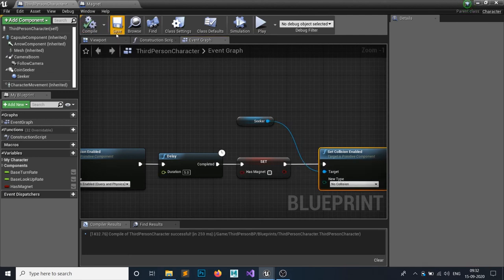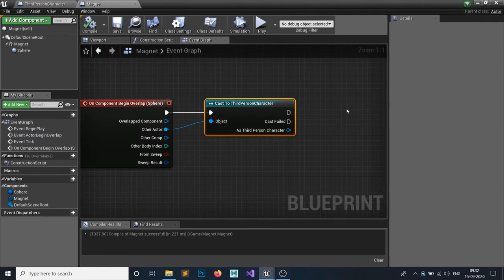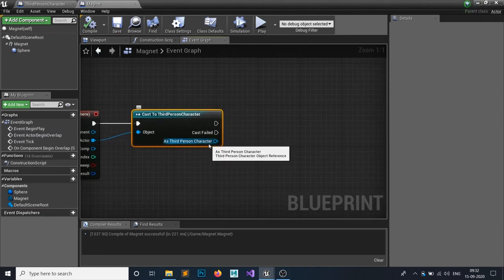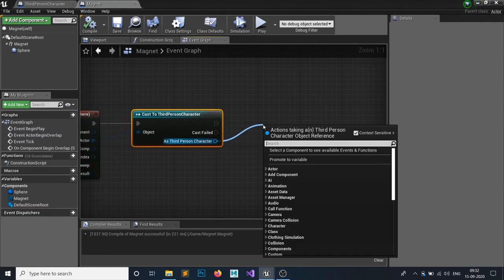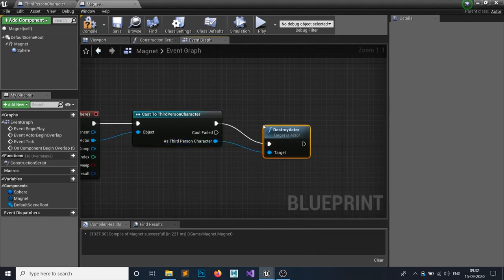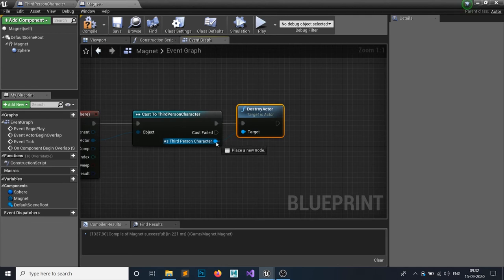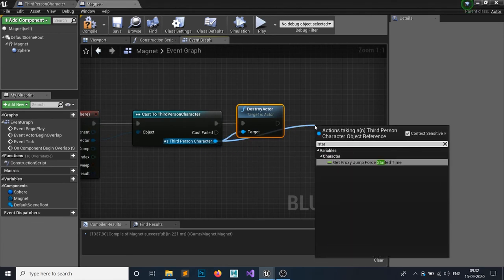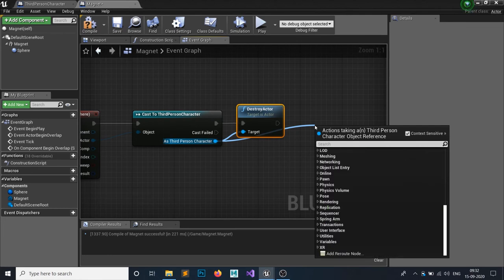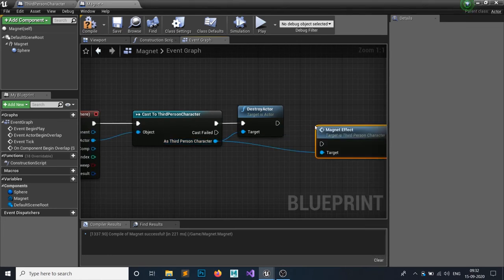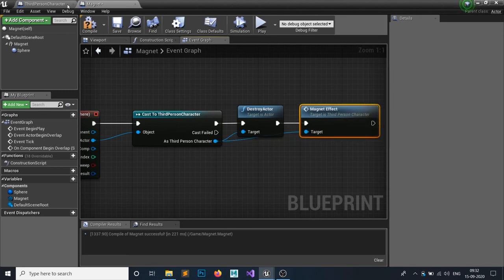Hit compile, save, and inside your magnet, whenever your player overlaps with this magnet, we want to destroy that actor and we want to start the magnet effect. So grab the node inside the player's character and start the magnet effect.